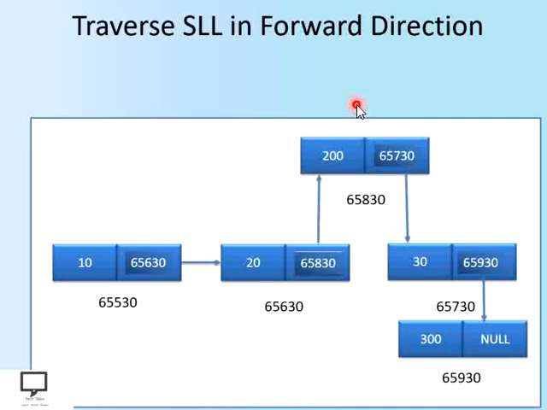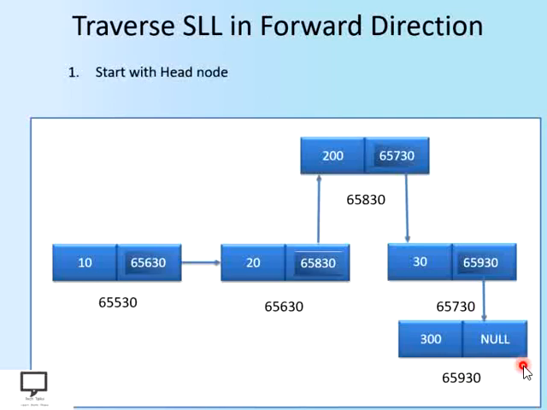Whenever we want to traverse a linked list, suppose I have this linked list with 1, 2, 3, 4, 5 nodes, and I want to traverse it. Traversal means we are supposed to start with the head node, and one by one traverse the list till the end of the list. How are you going to identify the end of the list? By identifying a null in the next part of any node. If it is null, it indicates that this is the end of the list.